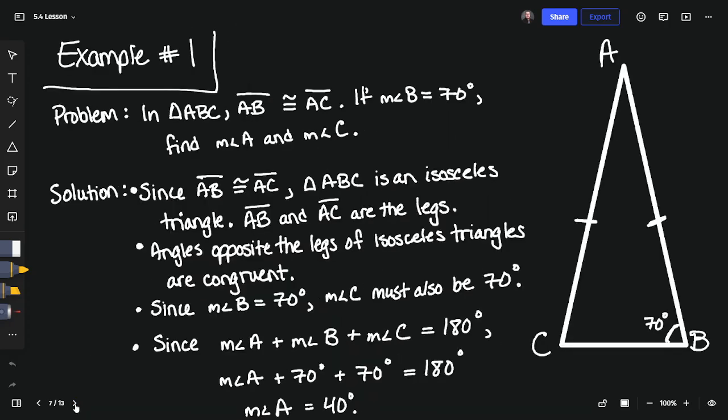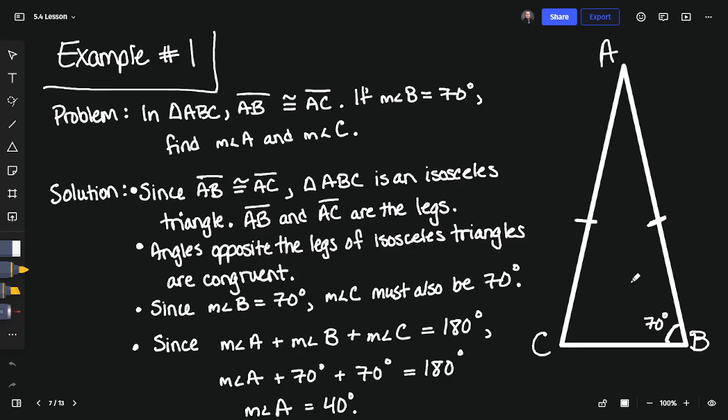So we have a couple of examples here. In example number 1, we have a triangle ABC, and in triangle ABC, side AB is congruent to side AC. And they tell us if the measure of angle B is 70 degrees, they want us to find the measure of angle A and the measure of angle C. And we've drawn this over here. We have a triangle ABC with 2 congruent sides, AC and AB, with the measure of angle B equaling 70